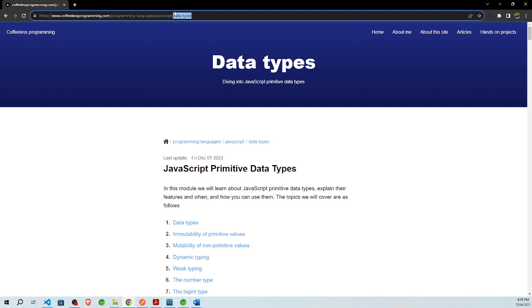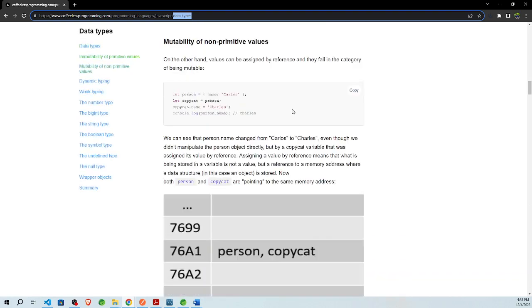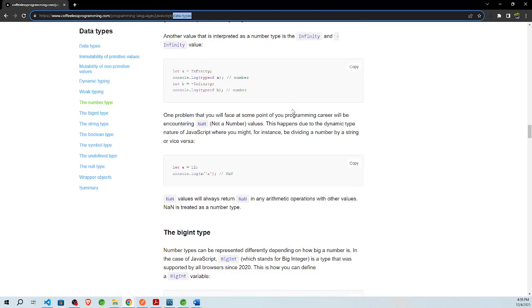Now, for example, we will have another tutorial on data structures, right? In JavaScript, so that we're going to be implementing and learning about data structures in the JavaScript language. And then this will be the data structure itself, an array, a matrix, I don't know, like a hash table. That will be the specific tutorial in JavaScript for data structures, for example, arrays, right? And so that will be the way the tutorials are going to be elaborated.